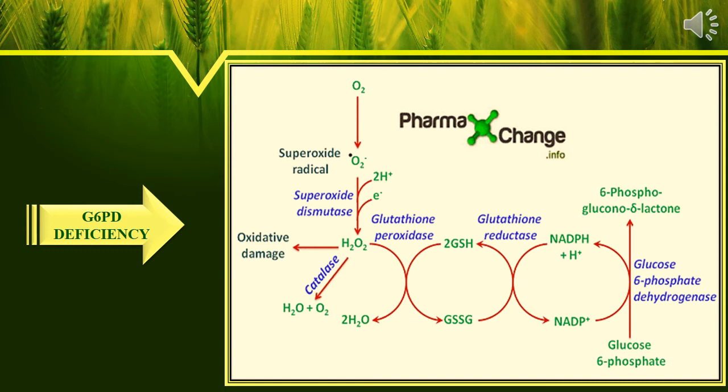Hence, the glucose 6-phosphate dehydrogenase enzyme is necessary for living cells to produce NADPH to maintain the normal oxidation level, or otherwise it will give abnormal cell growth, like oxidative damage to the cells, or formation of reactive oxygen species. More reactive oxygen species will be formed in the body due to the increase in NADP plus content.